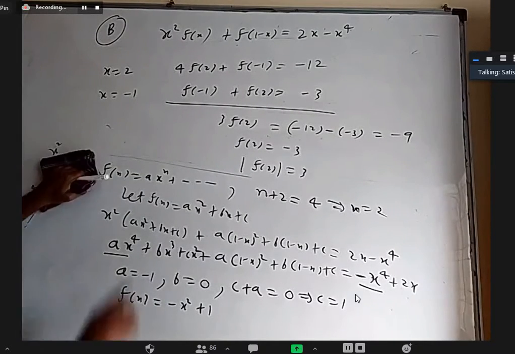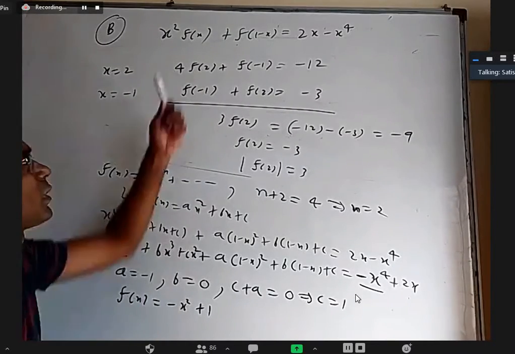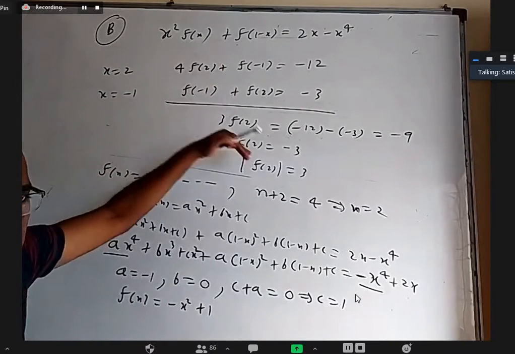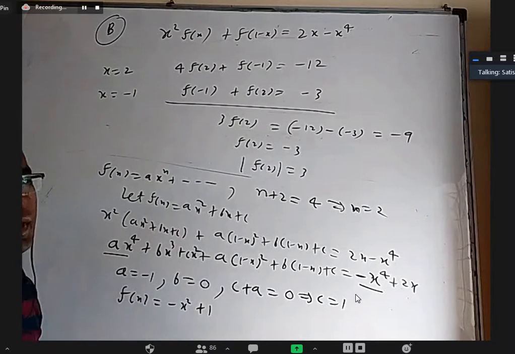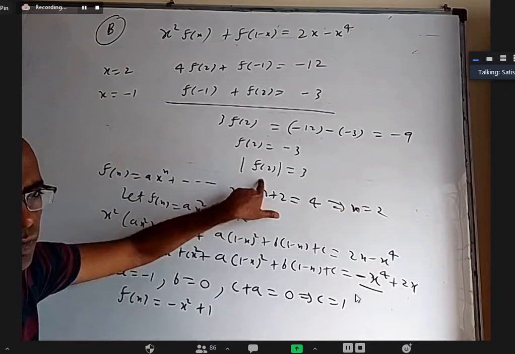Okay. So we discussed already one method of finding the function itself. Replace x with 1 minus x, here you will get x. Somehow eliminate f of 1 minus x, you get f of x. We have not done it because it looks like a little clumsy expression. And we are only interested in f of 2, so why do that?